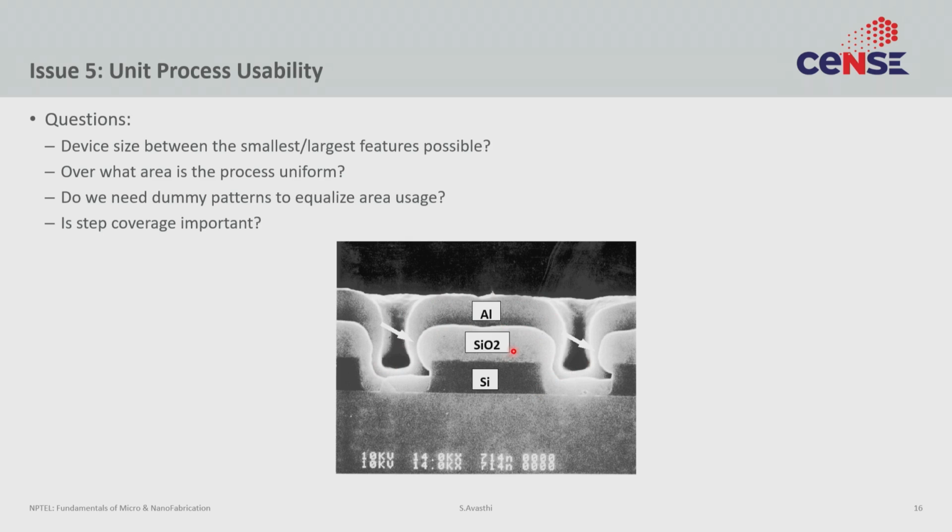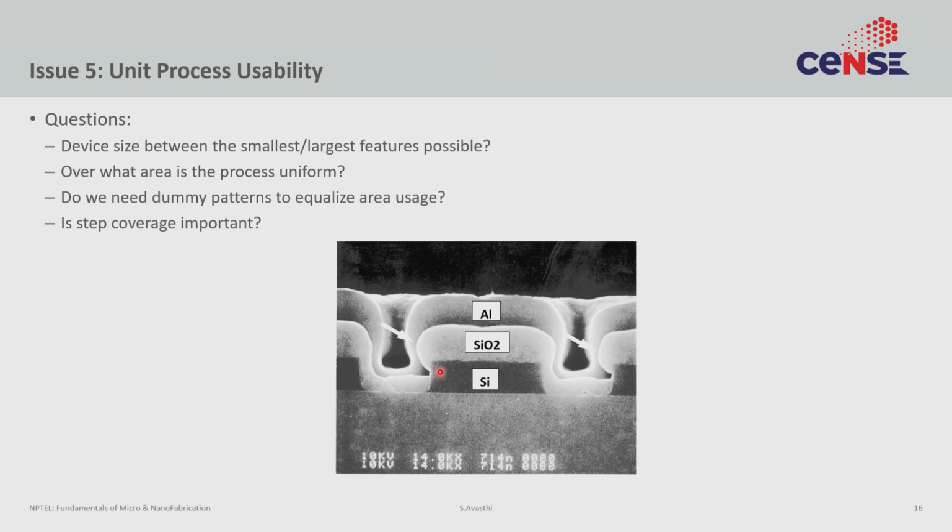Because if it's completely conformal, this aluminum is never touching the silicon, so it's a nice gate. Right? But the process they ended up using was not conformal. So the silicon dioxide really is not conformal. Because it is not conformal, it has a little break. And at this side wall, this aluminum can now touch the silicon. And if the aluminum can touch the silicon, it can create a short, and then you do not have a gate. You do not have a metal insulator semiconductor interface. You have a metal semiconductor interface.